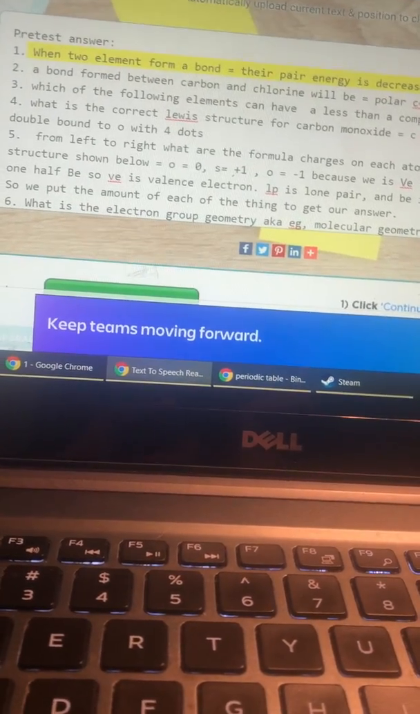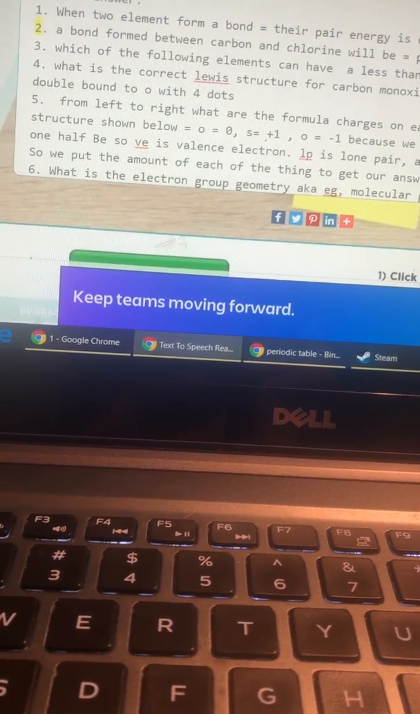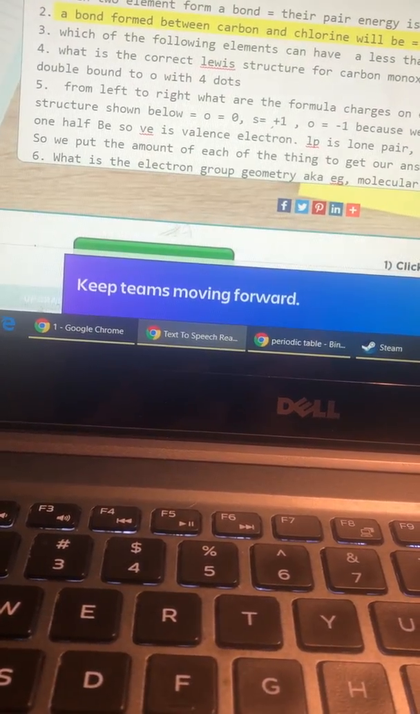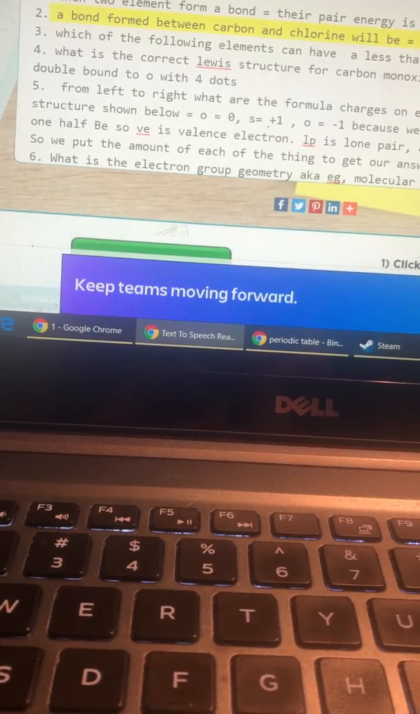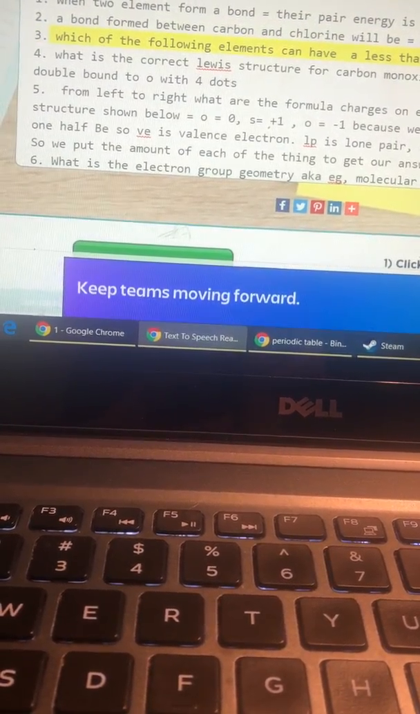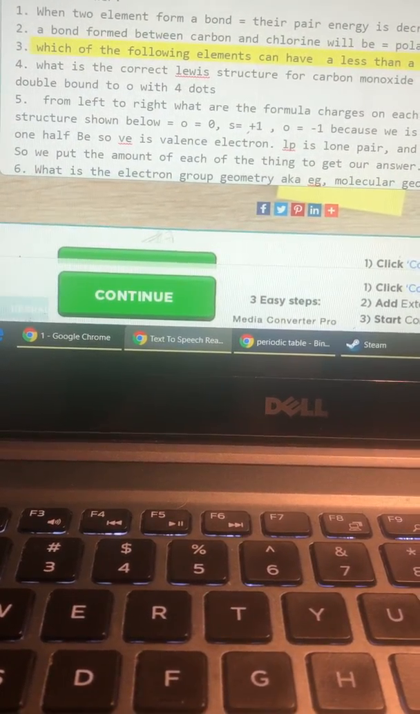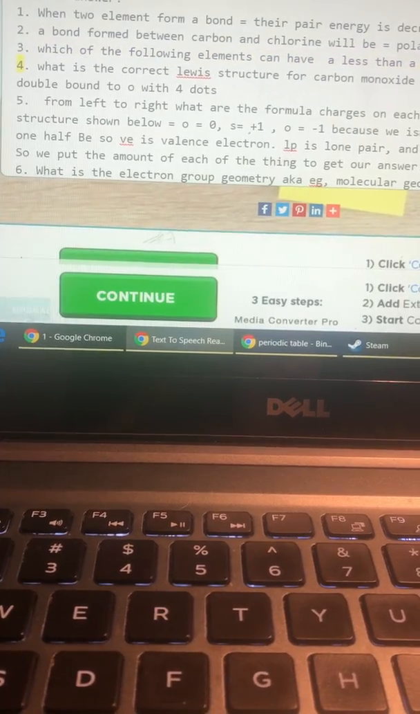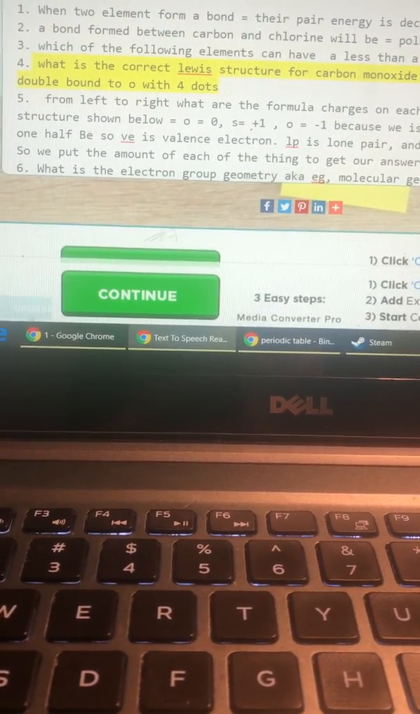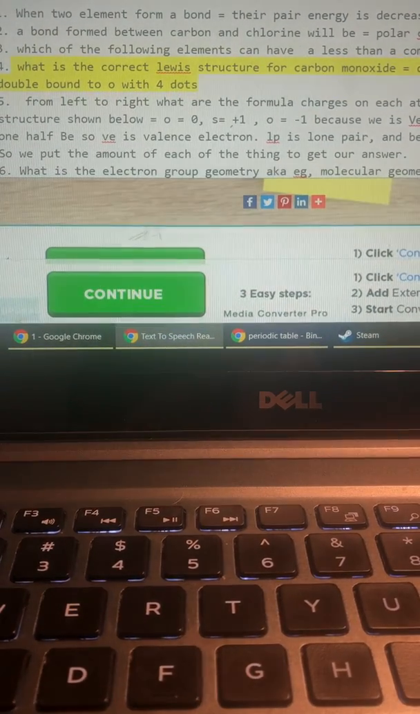Pre-test answers. 1. When two elements form a bond, their pair energy is decreased. 2. A bond formed between carbon and chlorine will be polar covalent. 3. Which of the following elements can have less than a complete octet? Boron. 4. What is the correct Lewis structure for carbon monoxide? C has 2 dots on top, double bonded to